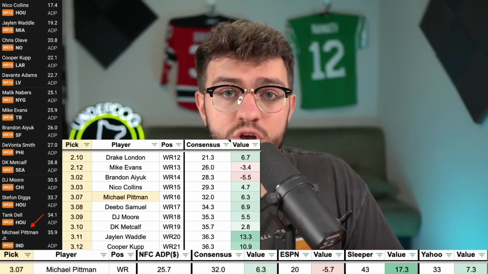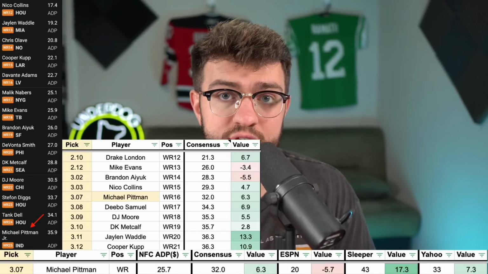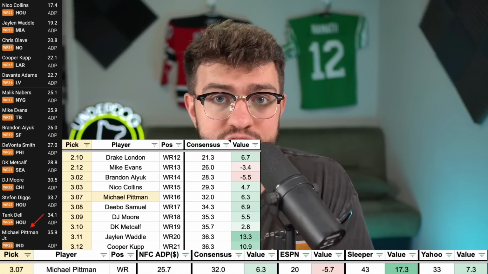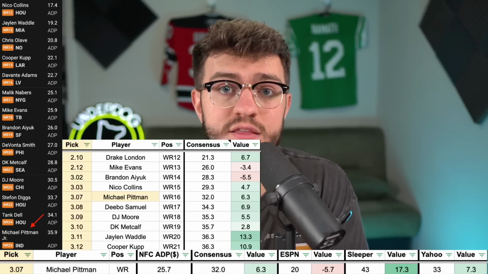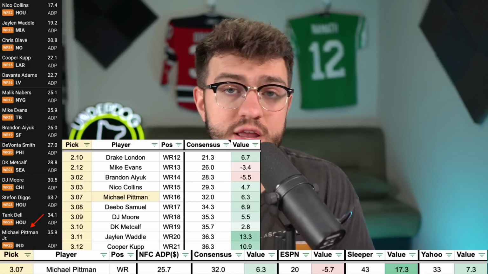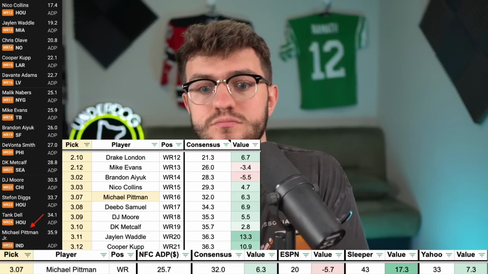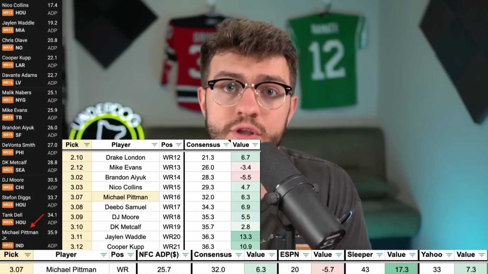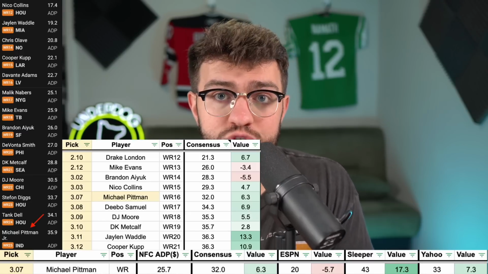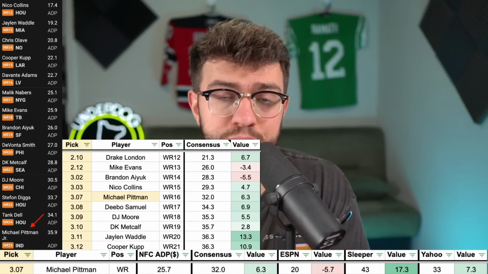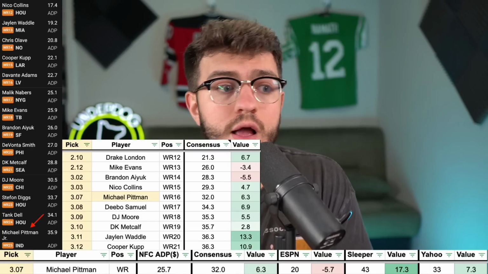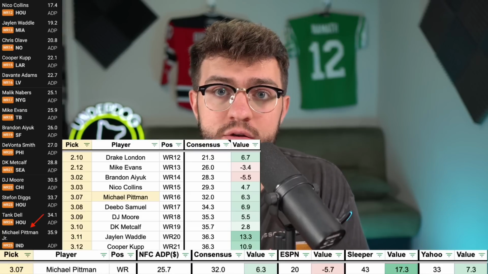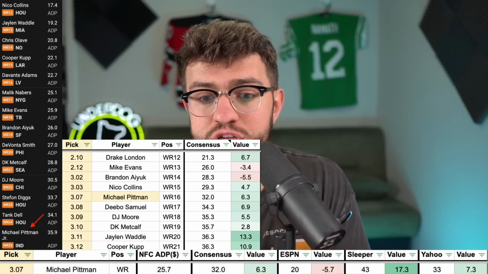This is Shane Steichen's offense with Anthony Richardson and Jonathan Taylor, one of the highest red zone rushing rates in the league with Shane Steichen. So you're going to get no touchdowns for Pittman. You now have a scrambling quarterback, not a check it down Charlie like Gardner Minshew. Anthony Richardson had one of the highest ADOTs in all of college football when he played at Florida a couple years ago. I just don't really see Michael Pittman paying off in the third round,